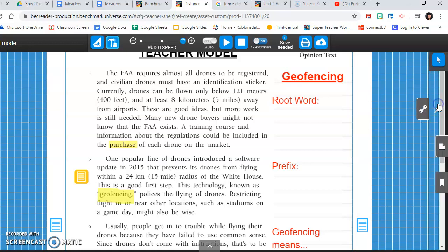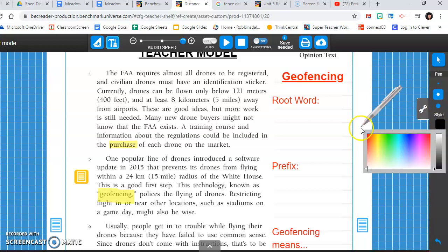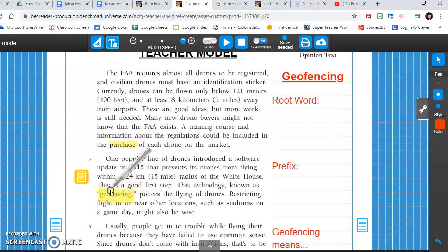If you read the notes from earlier, you might be able to see that as well. Get my pen. The word parts I'm seeing are, the first one is geo. I'm going to draw a line right there. And the word geo,